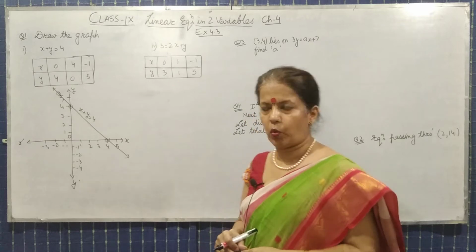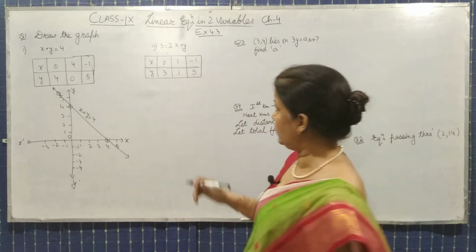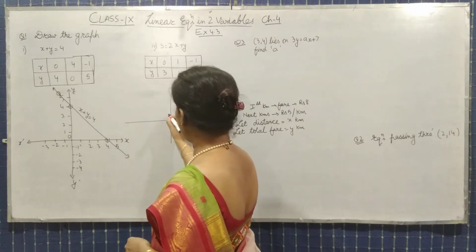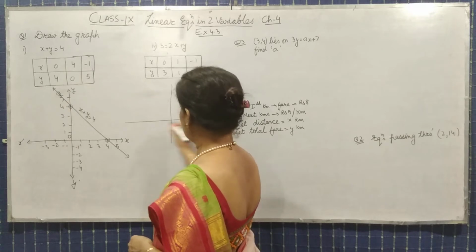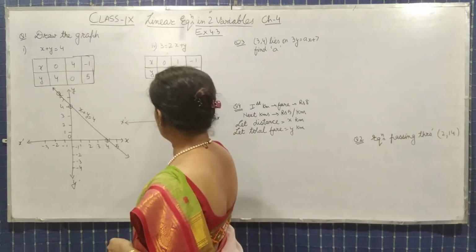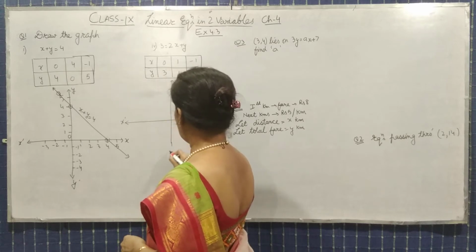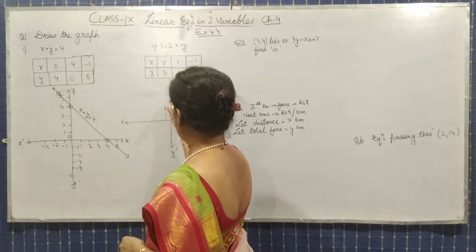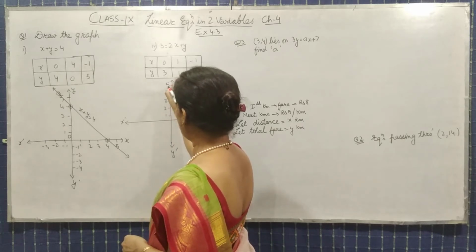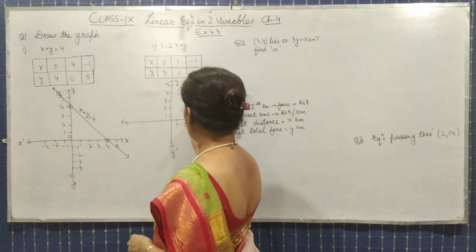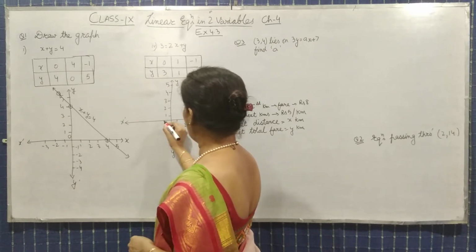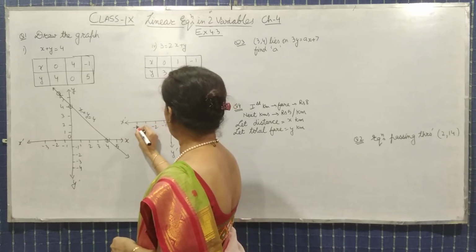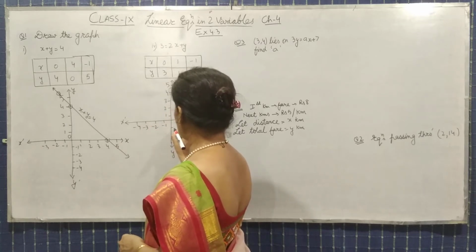Come to the fourth one. Values we have already taken. Now we will do the graph. This is x dash, y and y dash. Now put the values like this. It's quite easy questions, and scoring also. This concept is in your 10th class also.